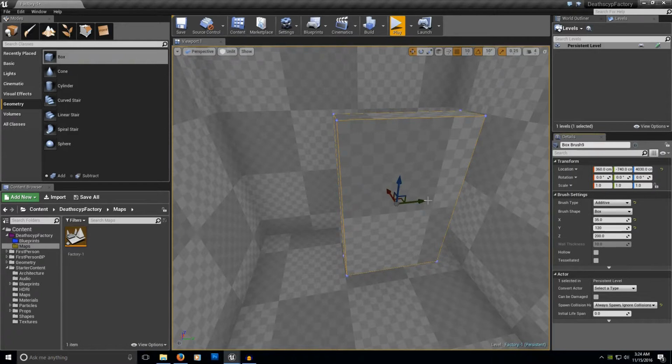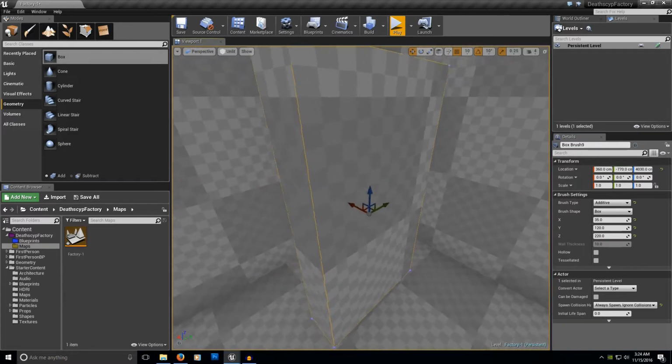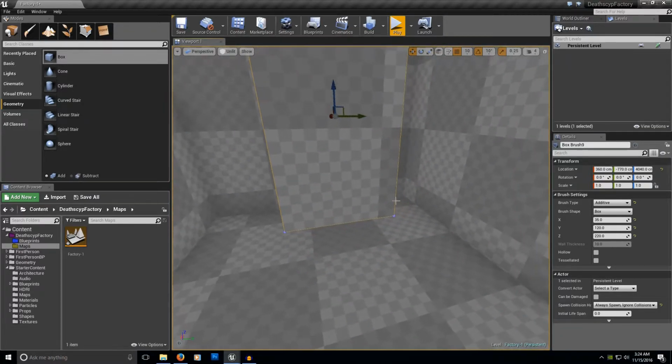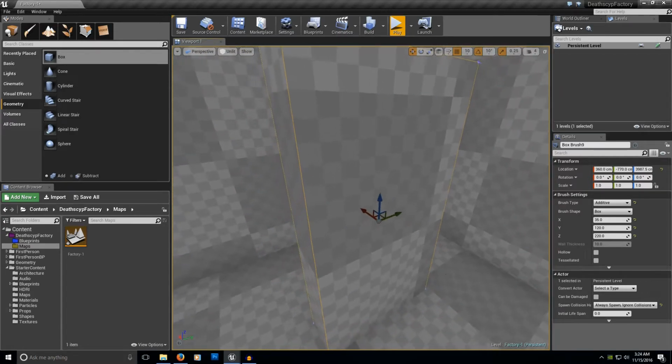120, there we go. Yeah, sounds about right. On the Z, I'm going to do 220. So that's going to be my door frame over here. So now it's in the air. Just click on your keyboard End, and it's going to snap with the